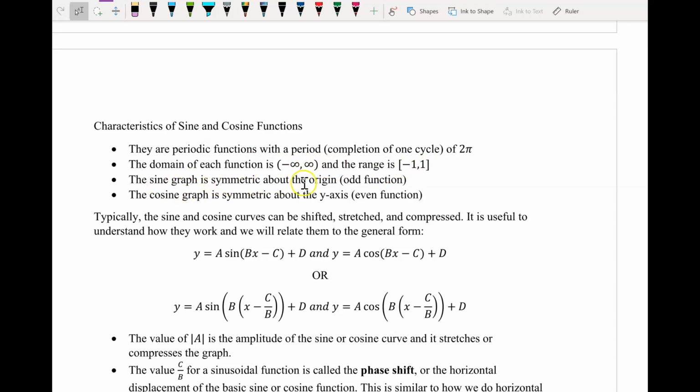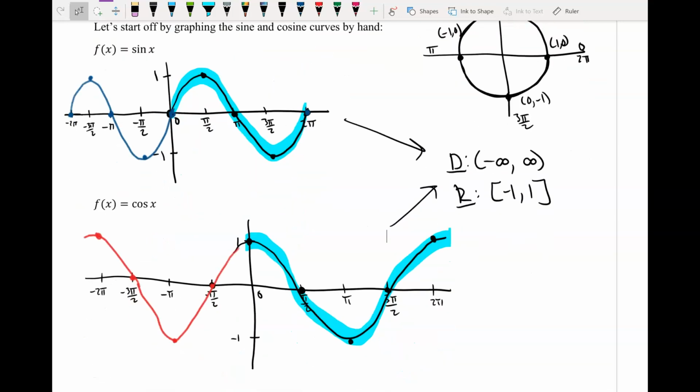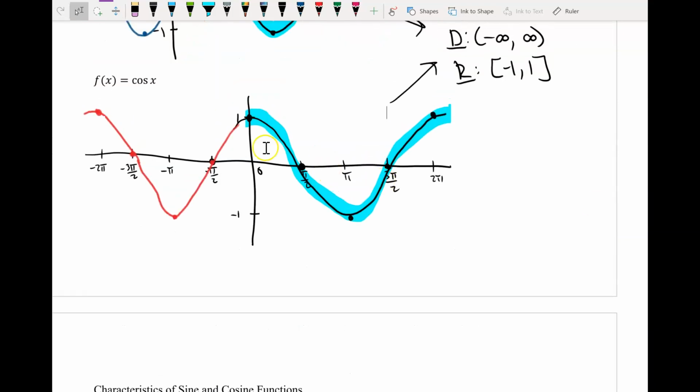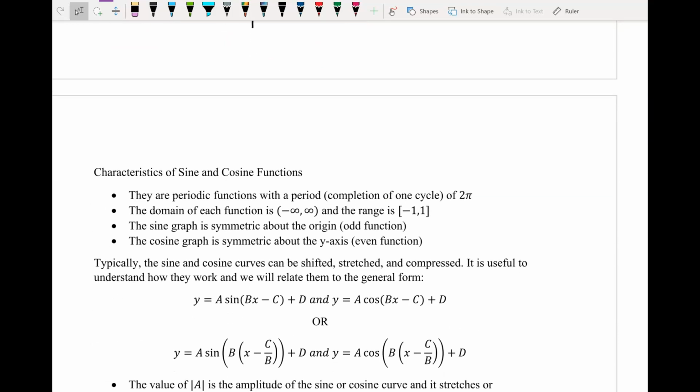The sine graph is symmetric about the origin, so it's an odd function. You can see that if I were to rotate it over, you will get exactly the same graph. The cosine function is an even function because it's symmetric about the y-axis. So you can see that if I were to fold this over the y-axis, you get symmetry. Okay, so you can see symmetrical stuff on the cosine. Okay. So those are some of the really key